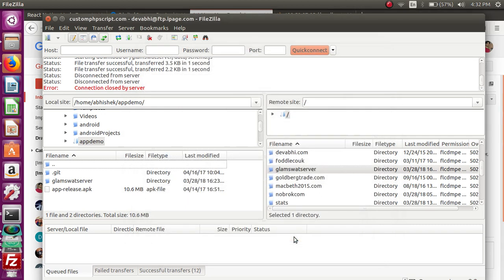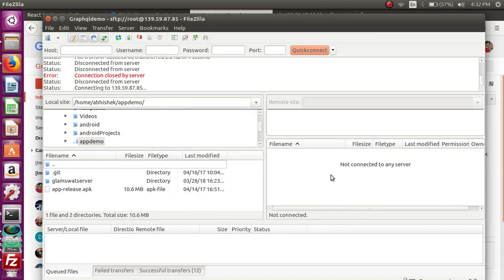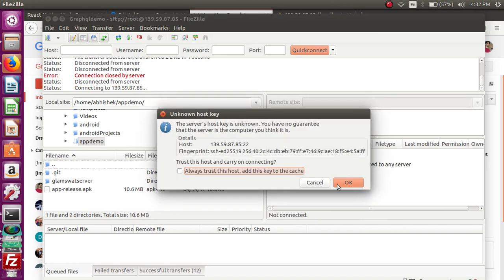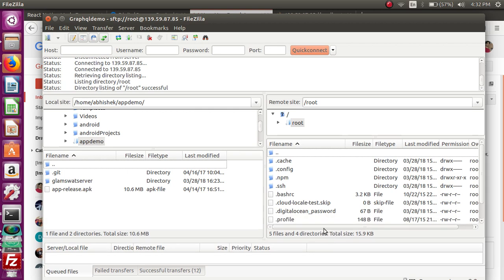So now it should connect to our server. Yes, it's connected, and